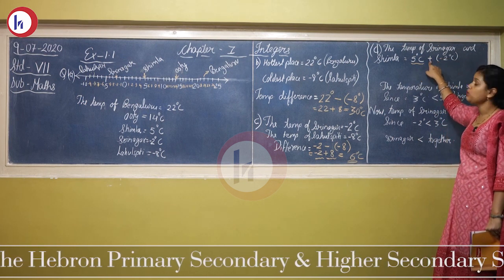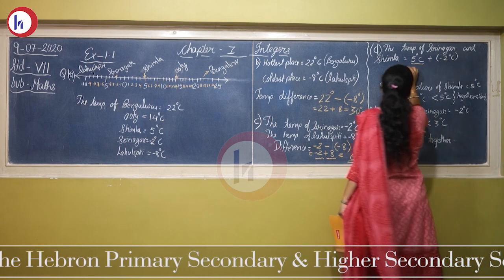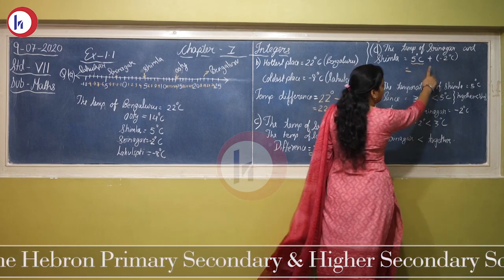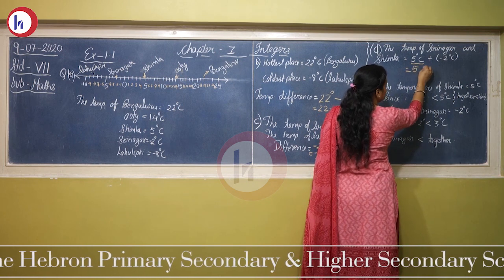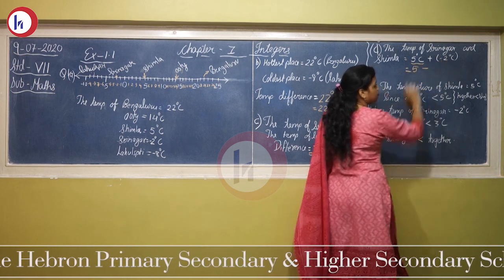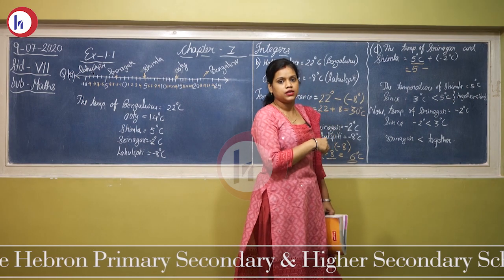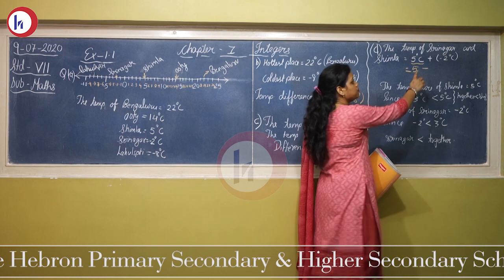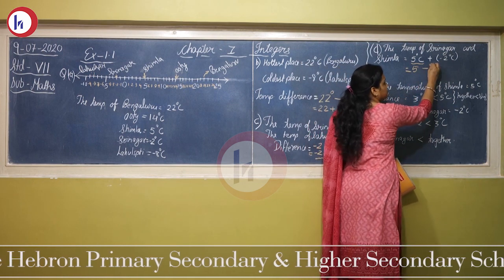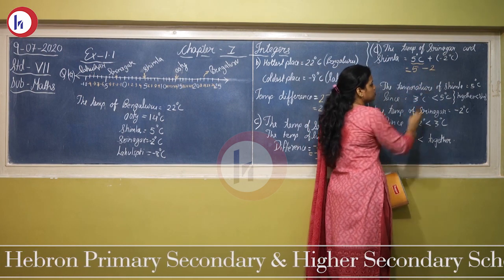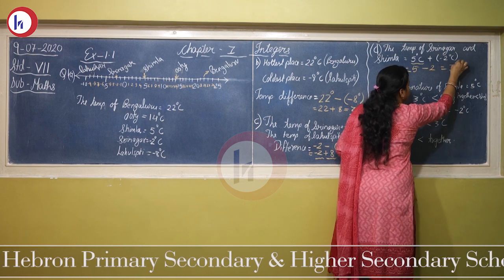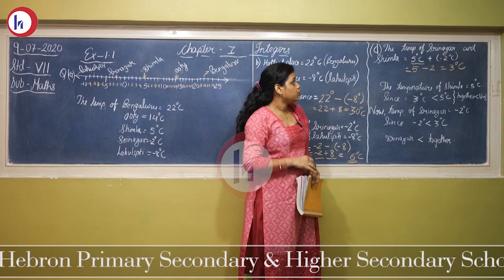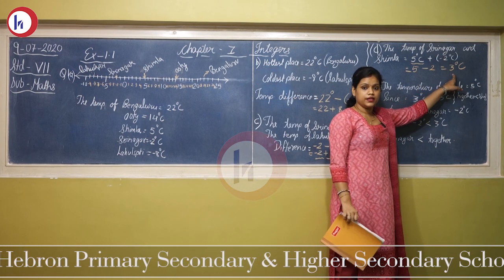Now taken together. Together means you have to add both the temperatures. So here you will again get two integers with opposite sign and bracket. So first thing is you will open the bracket, plus multiply by minus. As I explained just before starting this exercise, plus multiply by minus will be minus. So 5 minus 2. So what is your temperature together? 3 degree. So Srinagar and Shimla together are going to be 3 degrees Celsius.